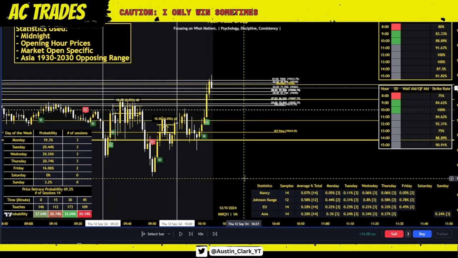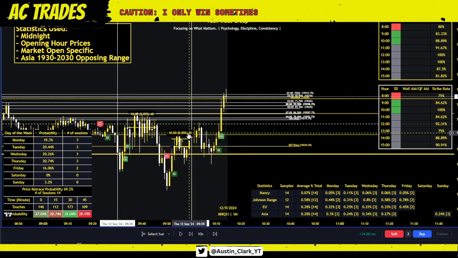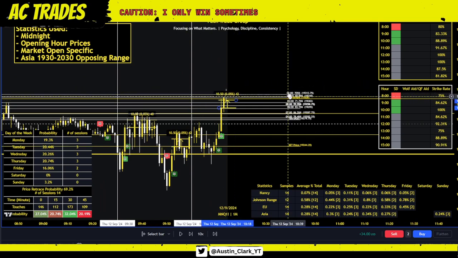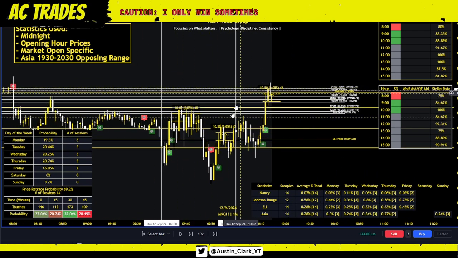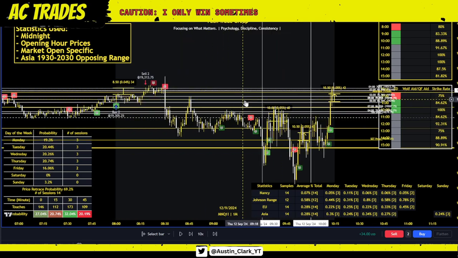I think we still get another one. Yeah, we still get another long right here too for 10 points because we failed to retrace 1, 2, and 3 right there. So either way, you still had a high probability long here, or another high probability long here. Either way, we were still below those data points for 9:30 to 10. And so that's what kind of fed me the high probability longs for this day.